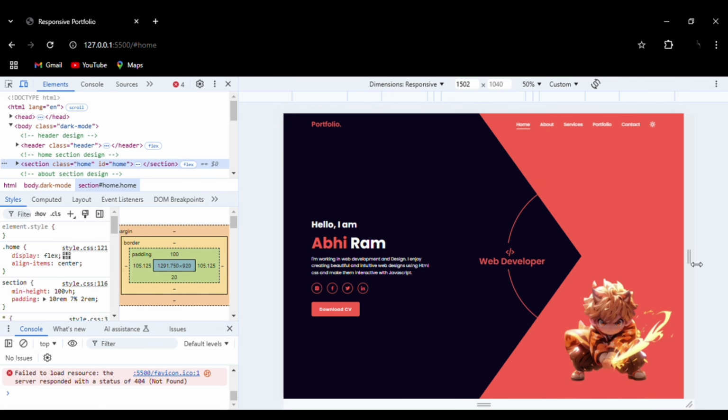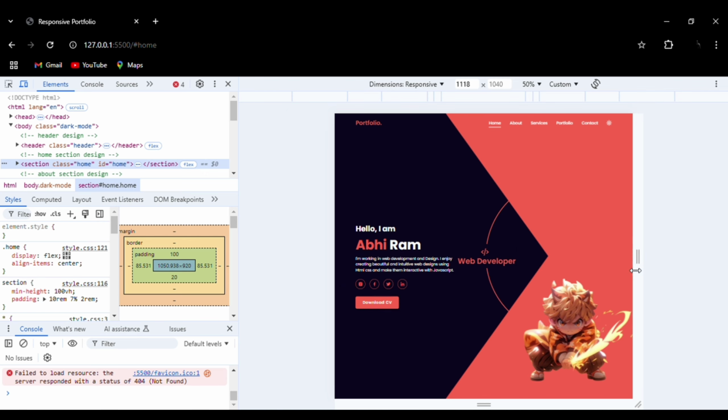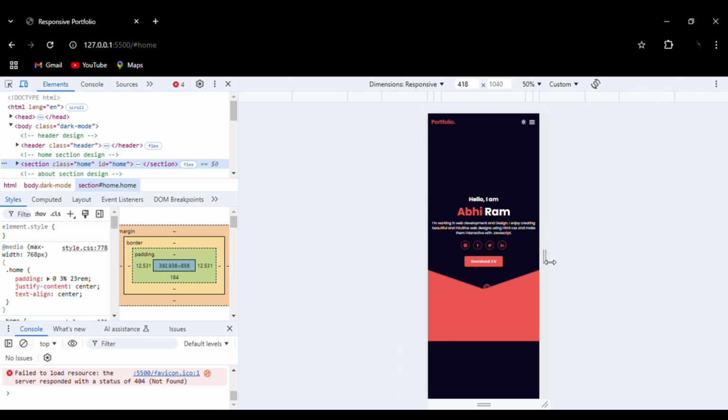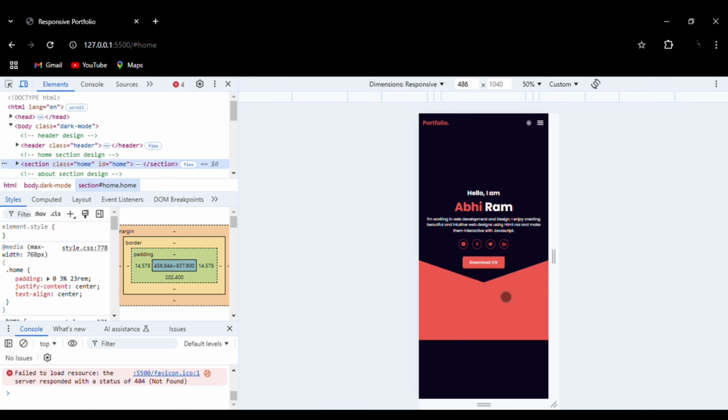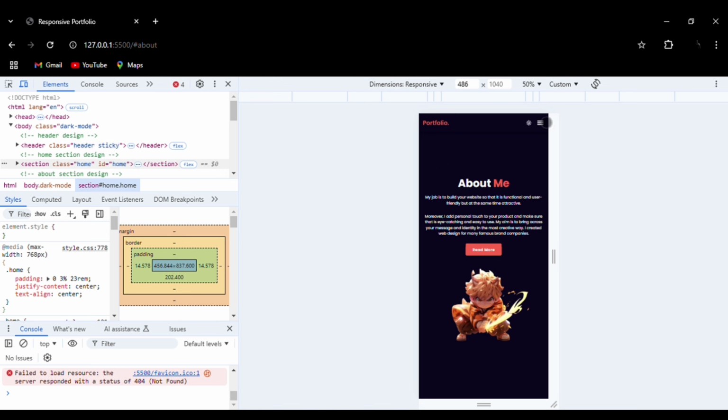And here we are. This is the Chrome extension. Most developers use it for debugging if there are any errors. I will show you the mobile version now. So this is the mobile version. You can see we have added a side navigation bar here: home section, then about section, then services,